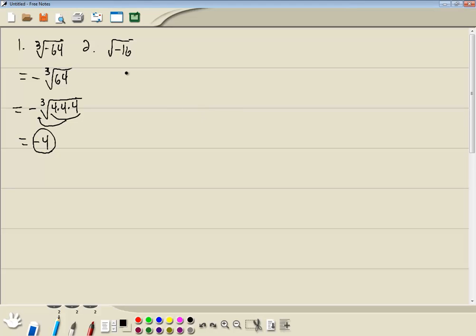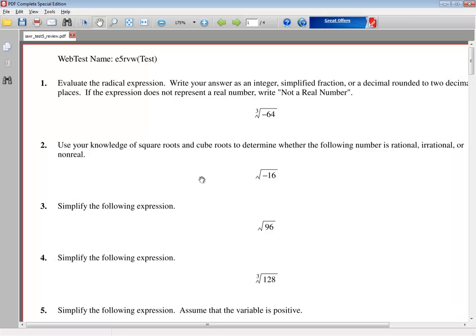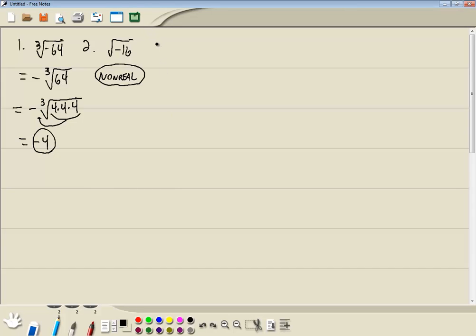So this problem is non-real. We know that a negative inside of a square root actually gives us an imaginary. Okay, number 3, square root of 96. Well, if I do the prime factorization of 96,